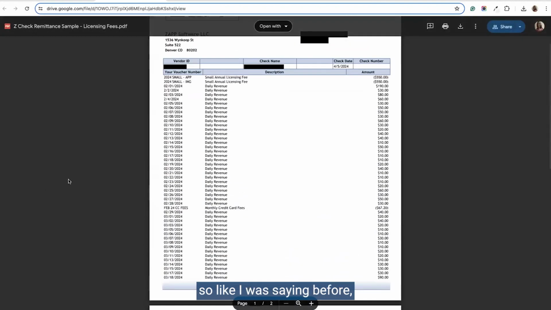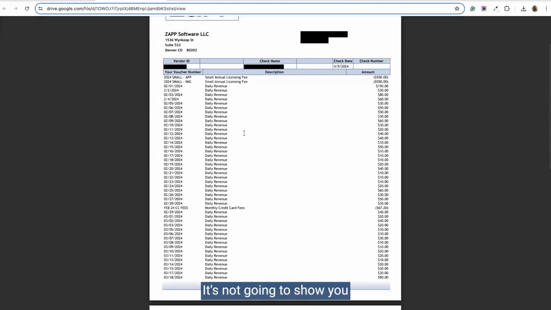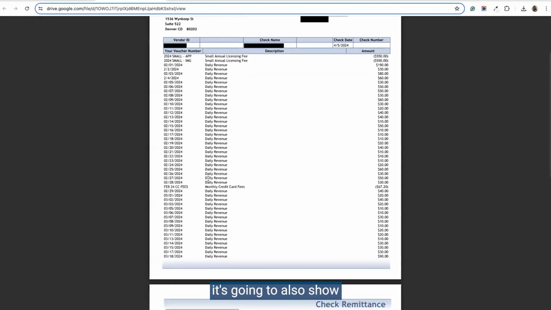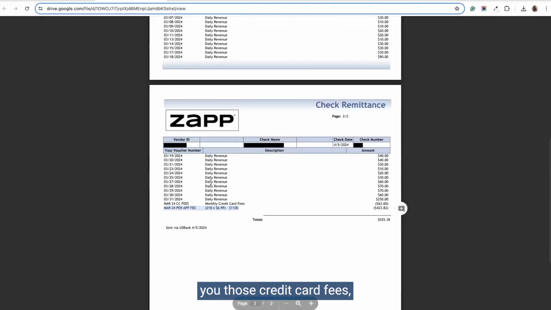So like I was saying before with the income breakdown report, that will show you the amount that you brought in. And the remittance statement does that same thing, although in this case it's grouped by daily revenue. It's not going to show you every single transaction. It's just going to show you how much you brought in on a certain day. But it's also going to show you what was taken out. So if you are auto deducting licensing fees, it's going to also show you those credit card fees, and then